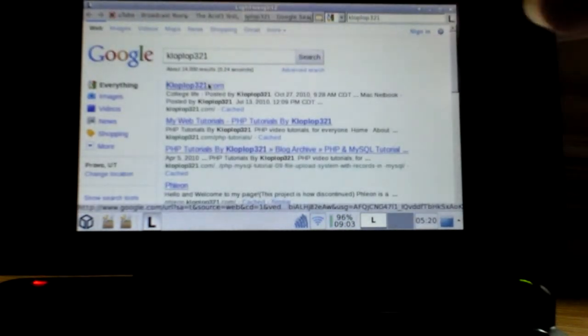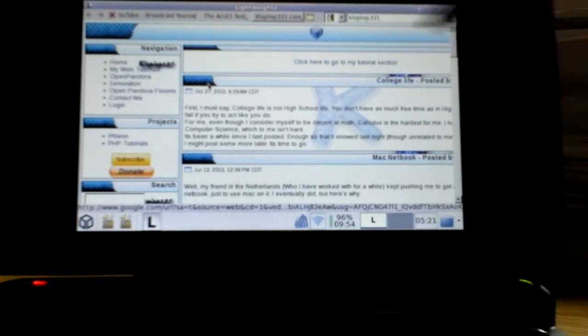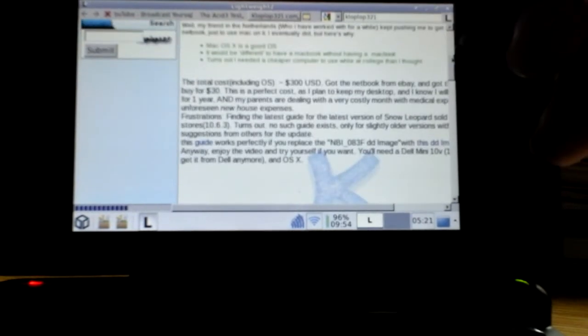Because I have not updated my site in like 4 years, and I still have a Flash banner at the top. Otherwise it will just say hello, but it doesn't seem like it has anything there. It just has this little kind of plugin icon, and apparently it does not support replacing the inside of an embed with the text in case the plugin is not supported, which I guess is not 100% correct. But okay, so let's go and try out